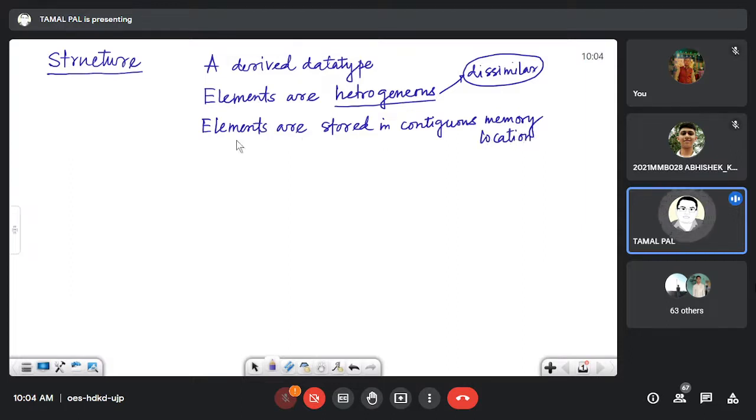I think that point is also available when we discussed array. Contiguous memory location means one after another. In array, if I recall the scenario, the first element, then the second element, then the third element. Similarly, in structure also we have this, but here the problem is that elements are not of the same type. So maybe one of them may be integer, then floating point, then something else. In this way, if all the dissimilar elements are clubbed into a unit,